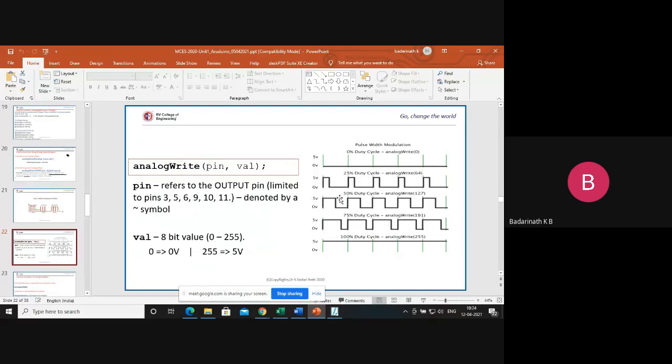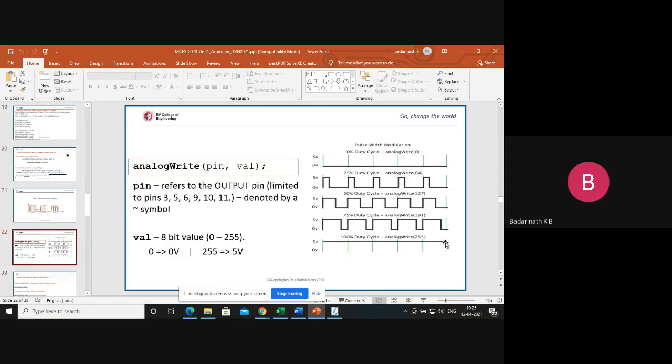So now, whenever I want to generate this waveform, what function do I have to use? analogWrite. I have to use a pin number among these 6, and then the value. What is the value? If you want to get a complete 5 volts, give the maximum value, 255. That is analogWrite, the pin number, comma 255, and you'll get 5 volts completely.